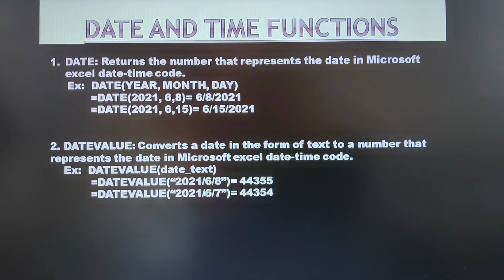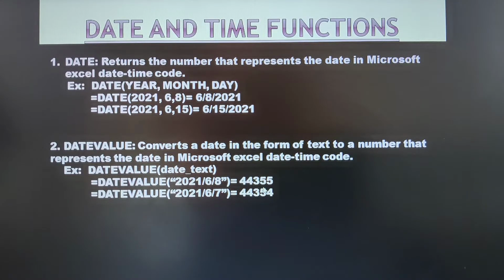So it will convert the date which is in the form of text to the number, in the sense the serial number, that represents the date in Microsoft Excel. That means the 8th day of the 6th month of 2021 has the serial number in MS Excel as 44,355.